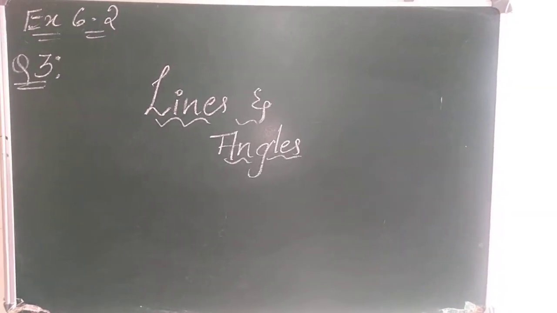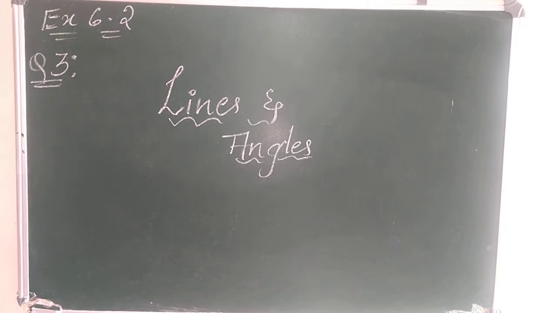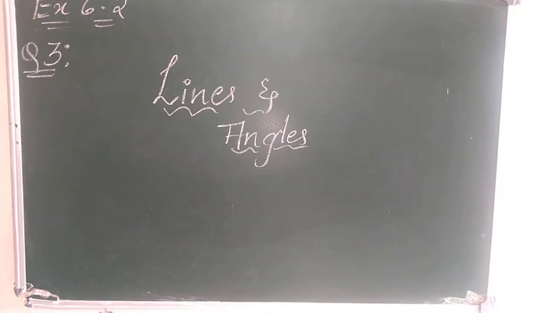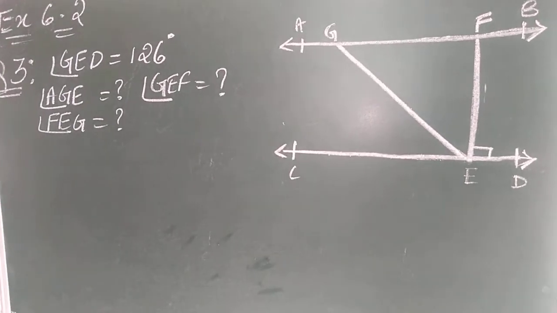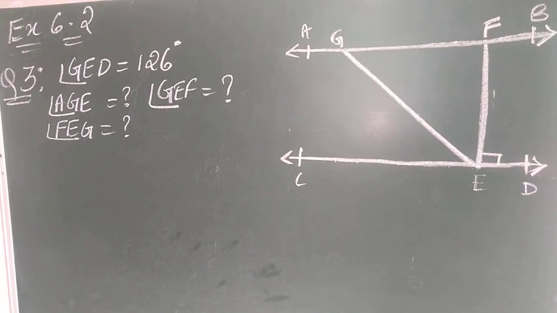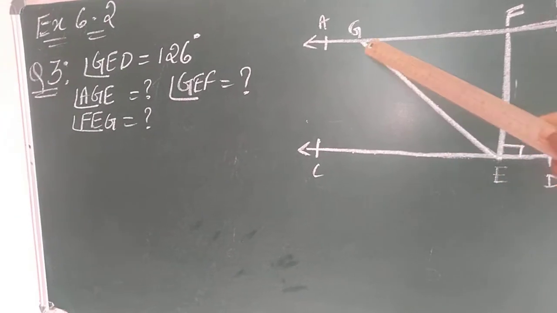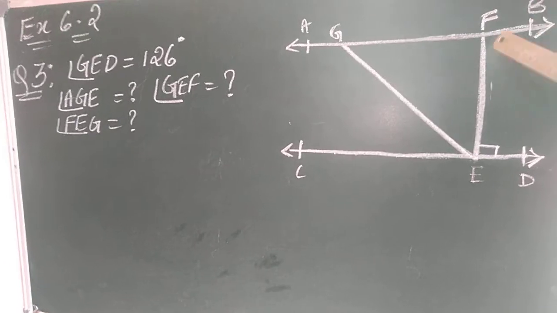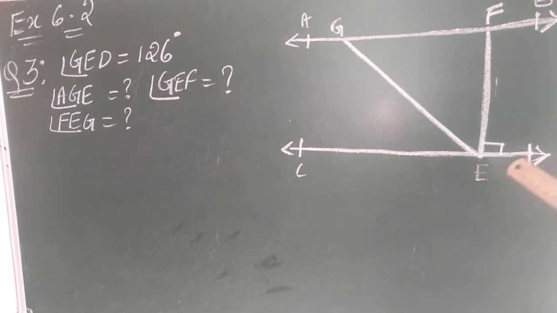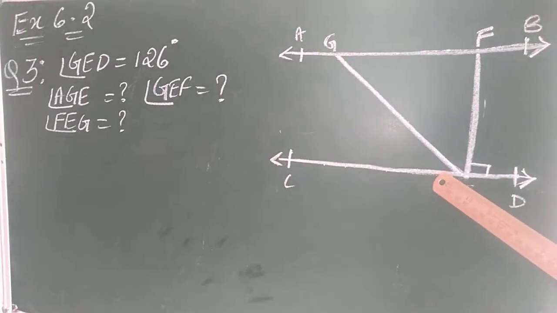In our previous class, we solved the sums of exercise 6.2, question number 1 and 2. Today we are going to solve question number 3. So the third question is like this, children. They have given angle GED, which means the complete angle. The sum of GEF and FED is 126 degrees, they have given here, and they are asking us to